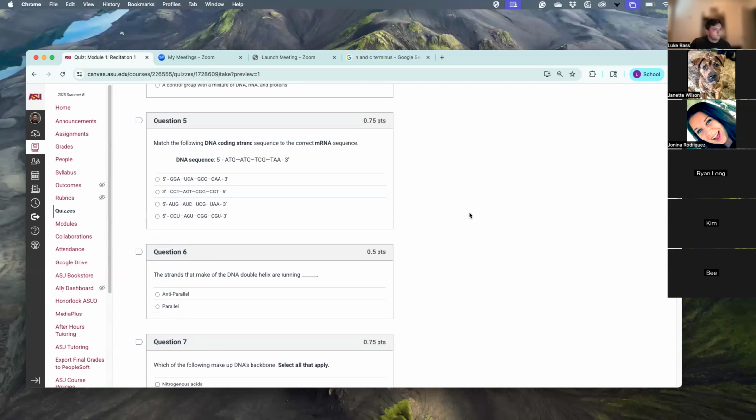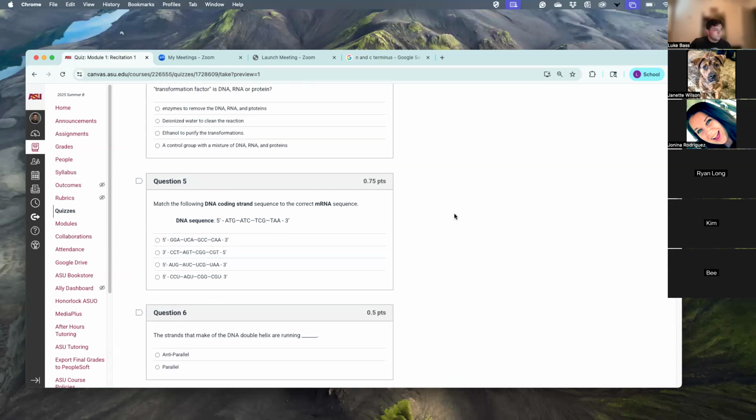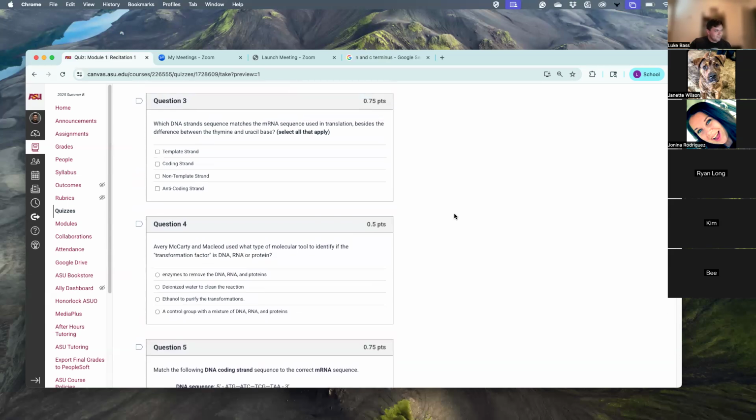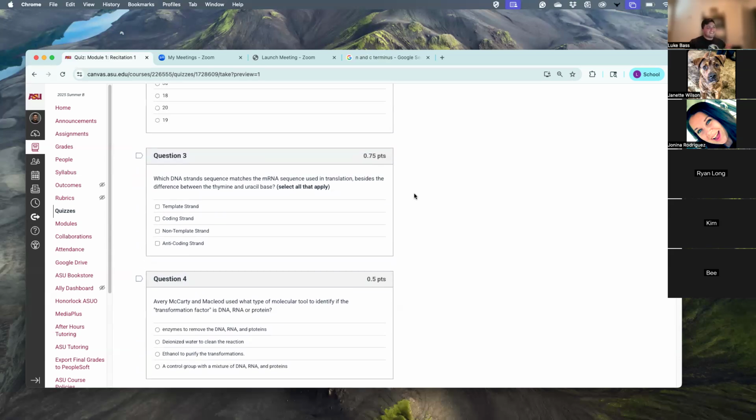If possible, could you also explain question 3 a little more? Oh yeah, for sure. This was also another question that students were asking about. Which DNA strand sequence matches the mRNA sequence used in translation, besides the difference between the thymine and uracil bases? So, this question is just asking when you're looking at the two different DNA strands and comparing them to the actual mRNA sequence,